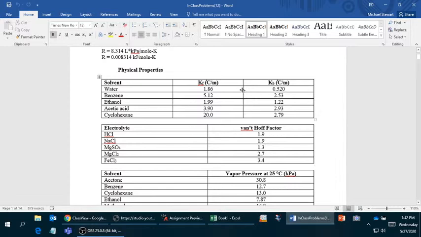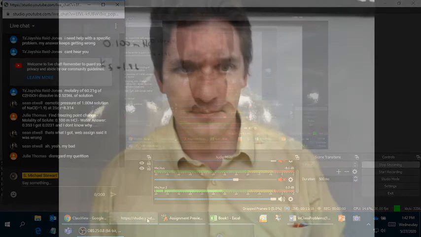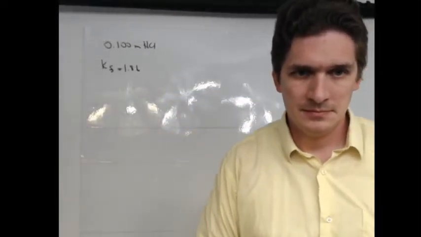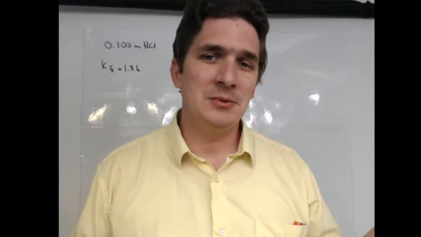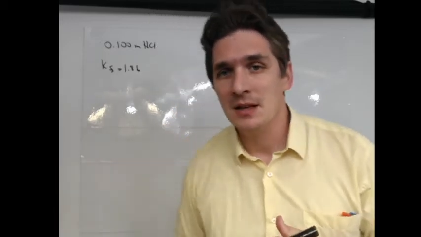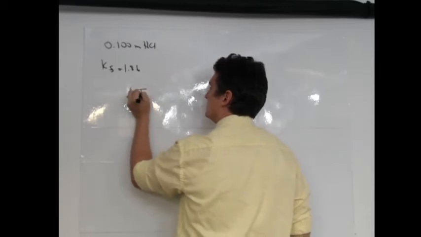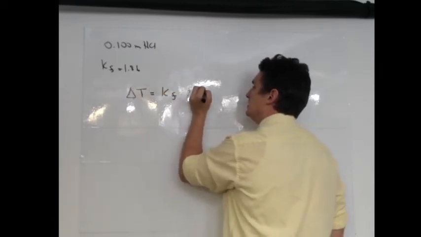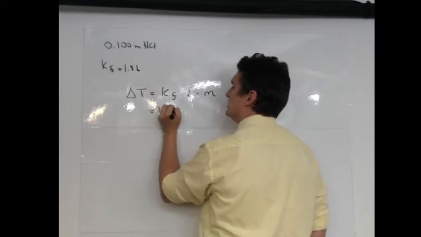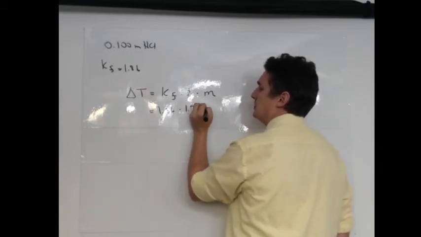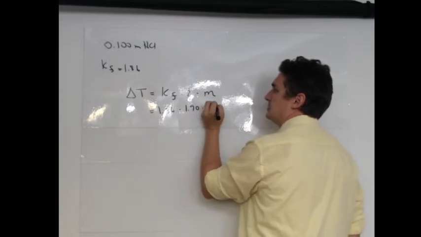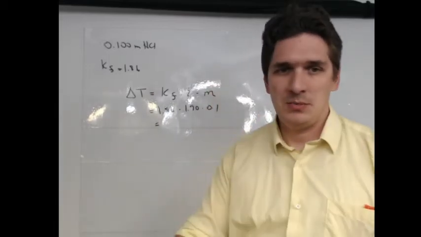But we're looking at water and we want to figure out the change in the freezing point. So we need this 1.86. Got us to disregard the question, but for those who are curious how you work it, I'm still going to work it. So we get delta T equals K i m. So we have 1.86. For HCl, the Van 't Hoff factor is 1.9, and the molality here is 0.1. So if we plug it all in,